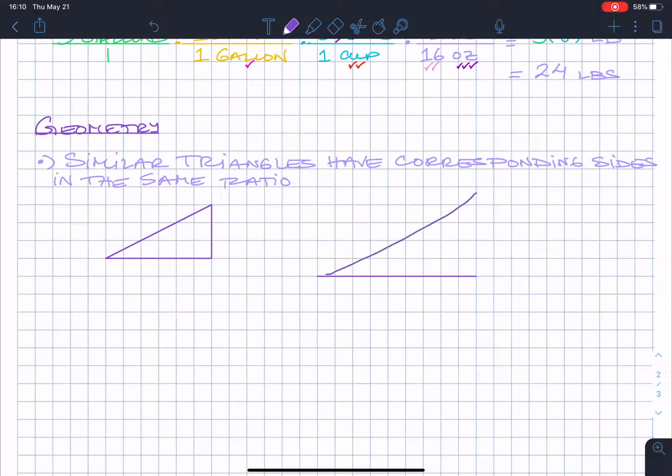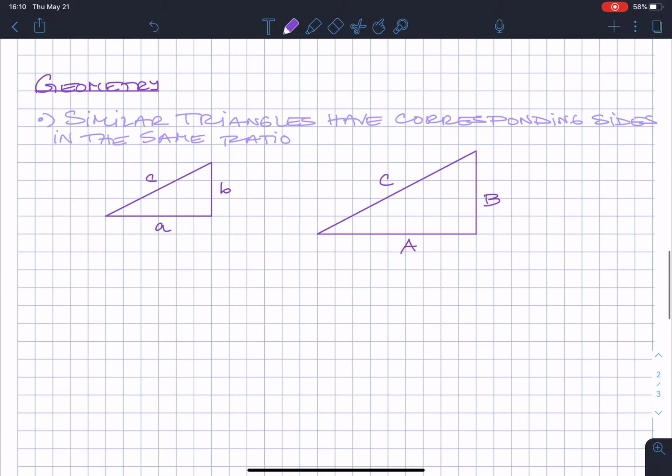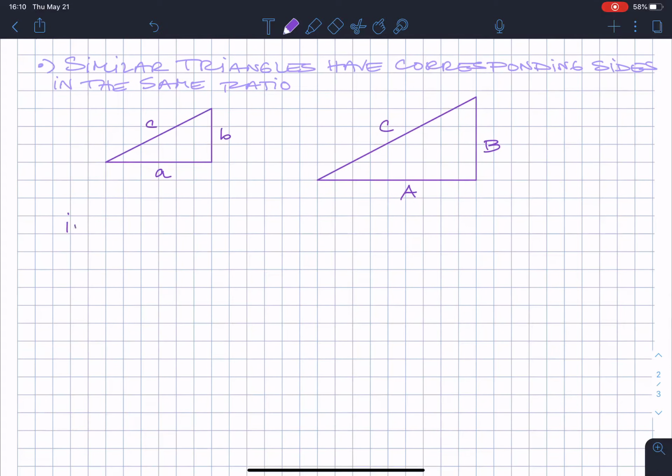Something like so. Okay, so over here I have sides little a, little b, and little c. And over here I have sides large A, large B, and large C. So if triangle ABC, I'm just going to say if these are similar triangles,